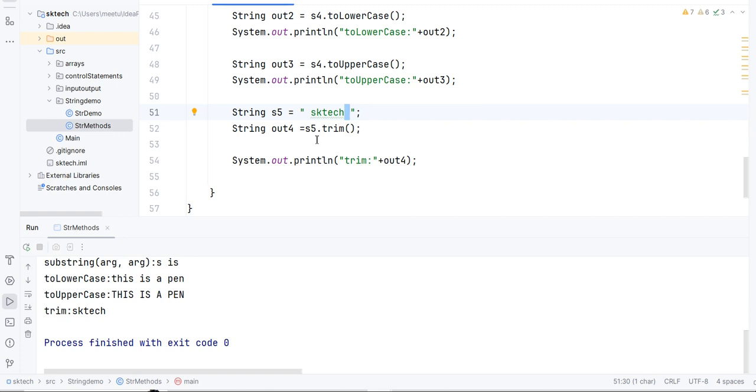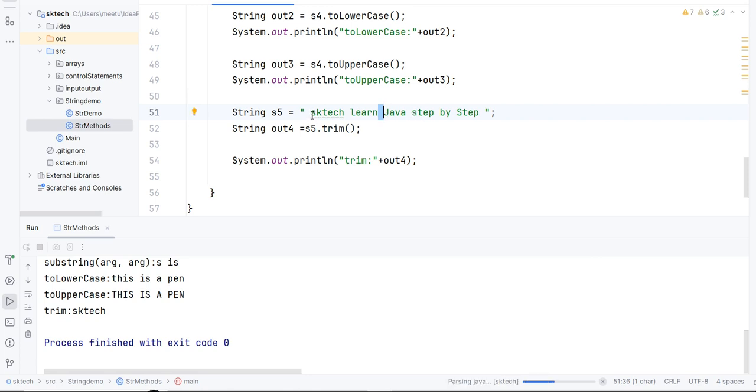For example, let's say skTech, and we provide "learn Java step by step", and here also we have provided some spaces, right? If you run this program, you will observe that the spaces in the middle are not removed.